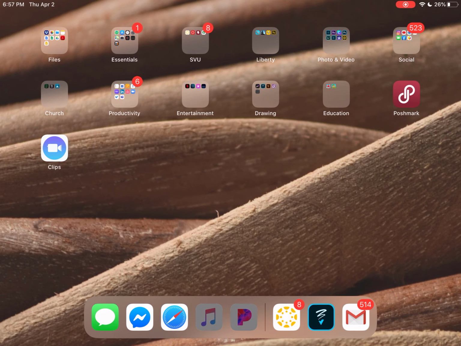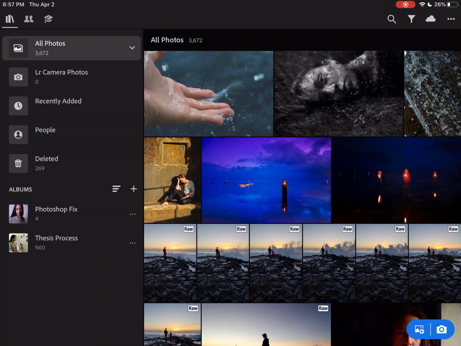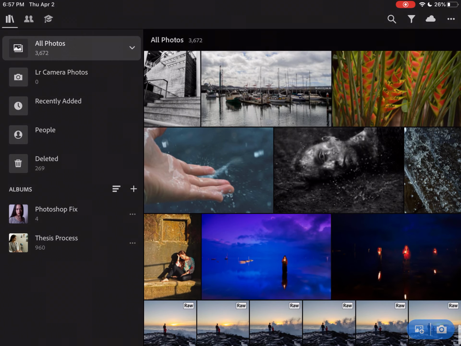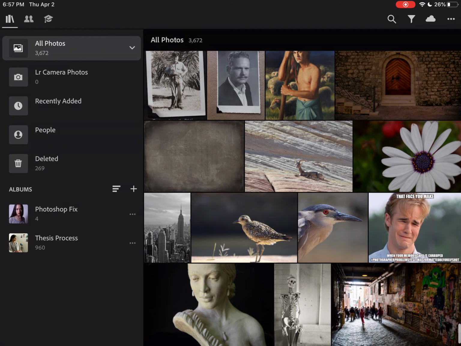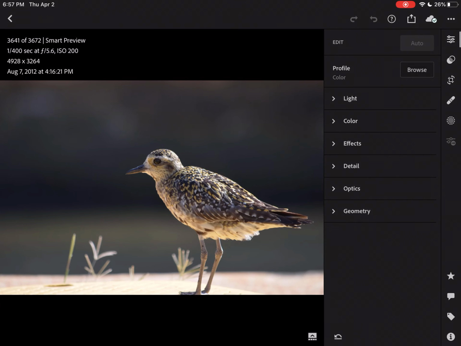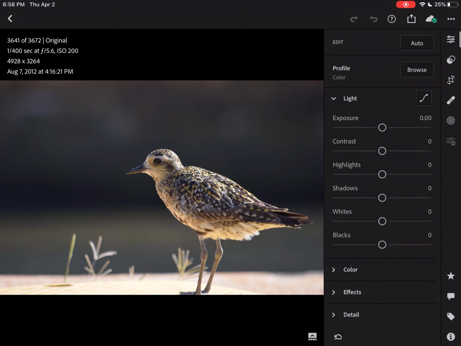So let's go over to Lightroom and just kind of browse through what that looks like. Okay, so we're in Lightroom. Let's find a photo to open up. Let's find one that's maybe not as edited. There we go. So open up this one. Okay, so if we're going to edit this photo, all we've got to do is start here at the top